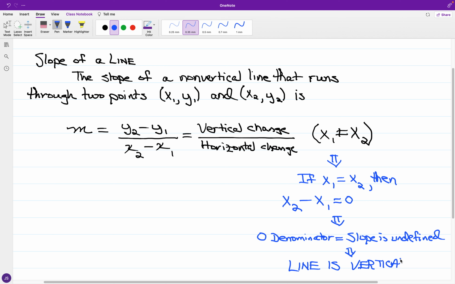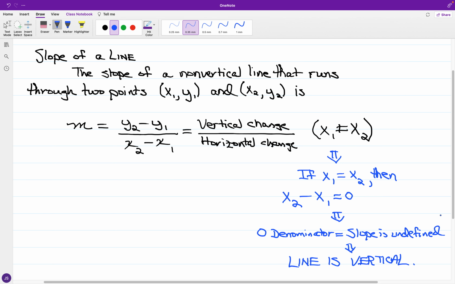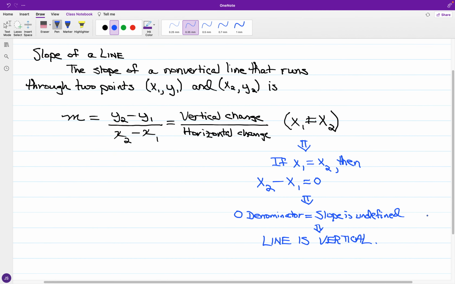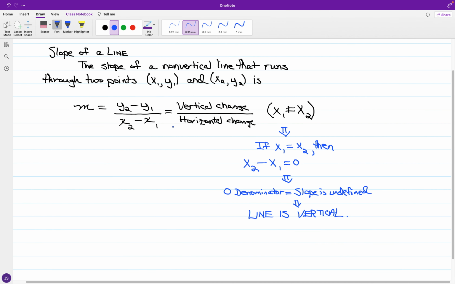All right. So again, just stressing non-vertical. For a defined slope, the line must be non-vertical. But if you have a vertical line, there's no change in x. It has the same x, but your motion is going to be straight up and down, and your slope is undefined since you would have a zero-valued denominator, since we have no change in x. All right. Now, where we do have the slope to be defined,